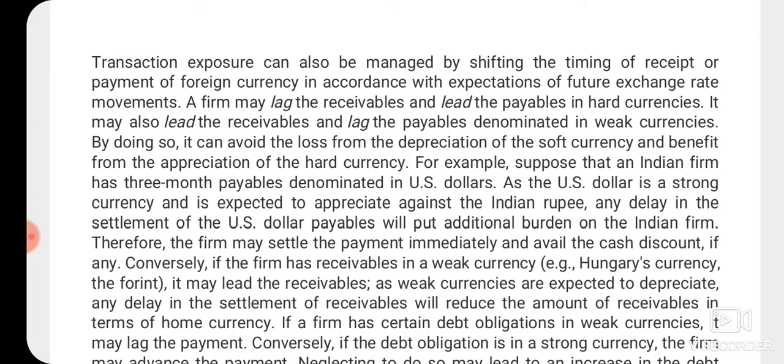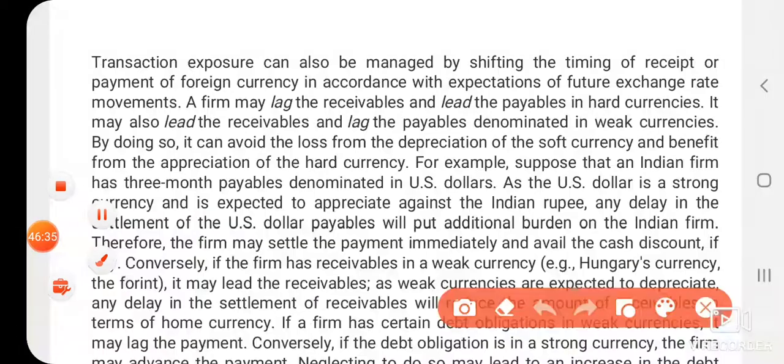avail the cash discount. Another thing we know is that generally in accounting, if we settle soon, automatically we will get the discounts. Yes or no? So due to that settling, if we are getting the cash discount, it is also a benefit to them. Conversely, if the firm has receivables in weak currencies, like Hungary's currency,